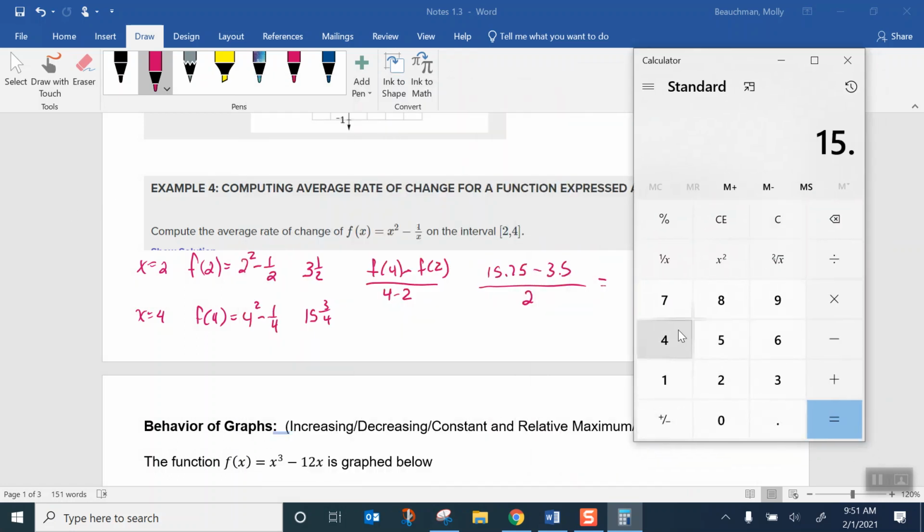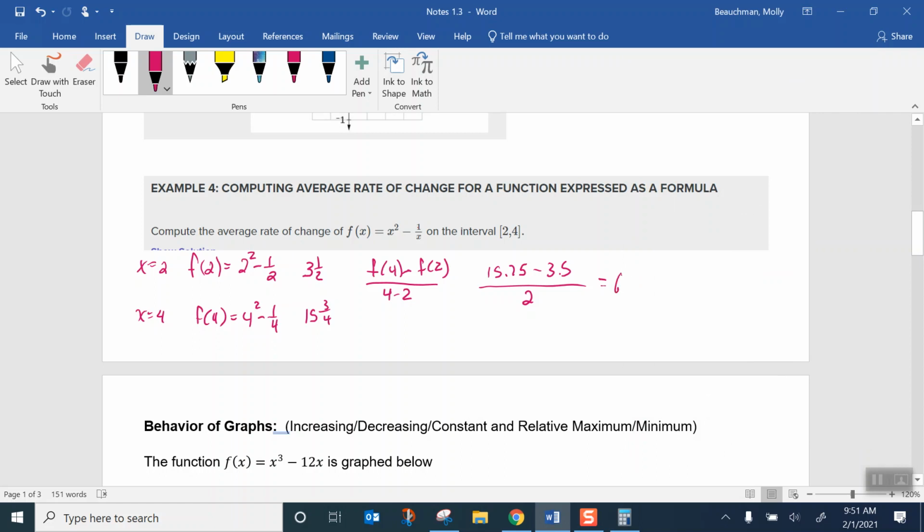So 15.75 minus 3.5 is equal to 12.25, divided by 2 is equal to 6.125. If you need that converted into a fraction, that's 6 1/8. And if you need it as an improper fraction, 6 times 8 is 48 plus 1 is 49/8. So you can express your answer, it depends on what the homework manager is looking for, but you can express it as a decimal or an